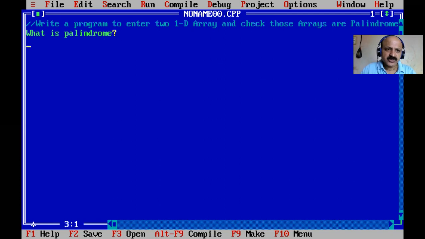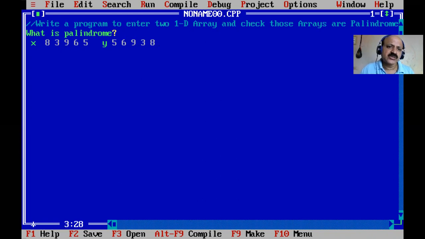So what is a palindrome? Yes, first the question. We can take an X array and then a Y array. Here I give any 5 elements for that array. We can give any example like 8, then 3, then 9, then 6, and 5. And the elements of Y in reverse order, like here 5, then 6, then 9, then 3 and